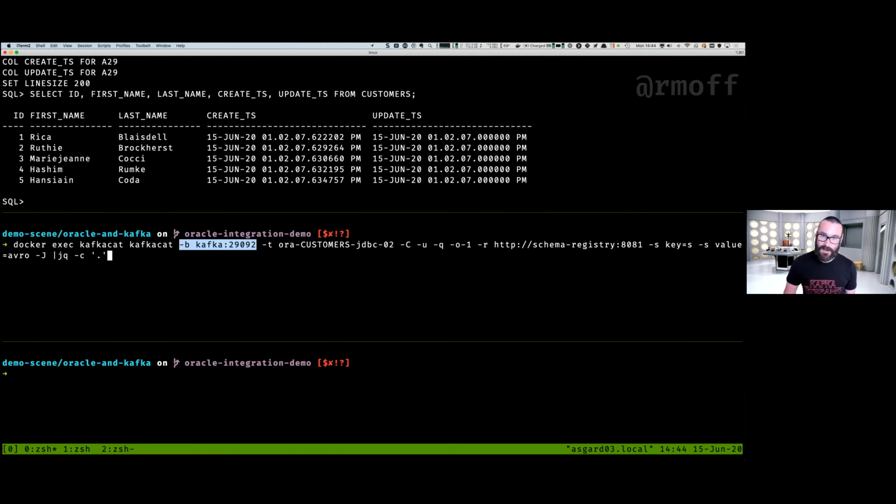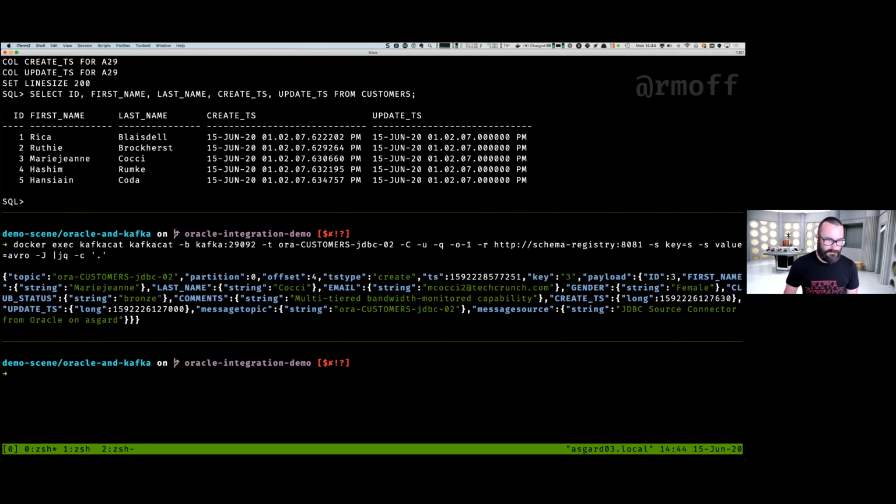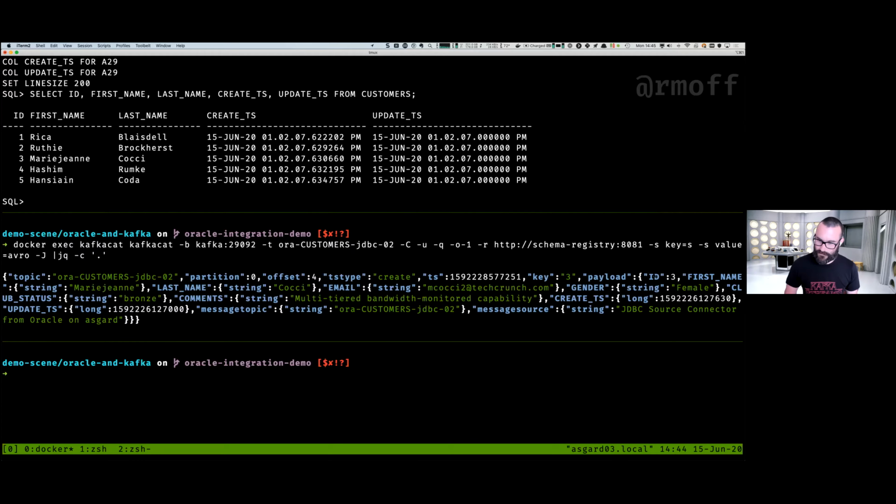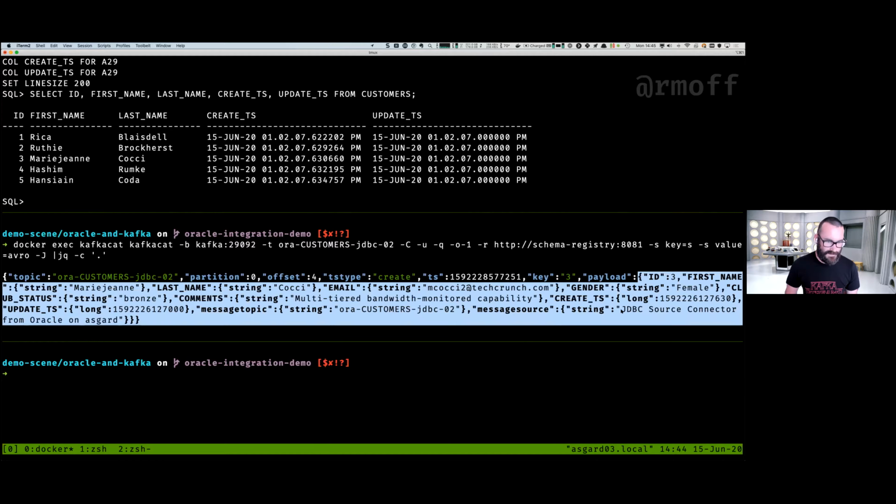So here we're saying we're going to connect to our Kafka broker here. We're going to pull in data from this particular topic. We're going to consume, and we want just the last message in that topic. So it says, okay, here's the last message. And we can see it's this particular topic here, and the key matches the ID, which is what one of those transformations we're doing. So here's our payload, here's our message. And it says the ID is 3, the first name is this, last name, email address, and so on. So we've got what's in the database in a Kafka topic, and that's useful.